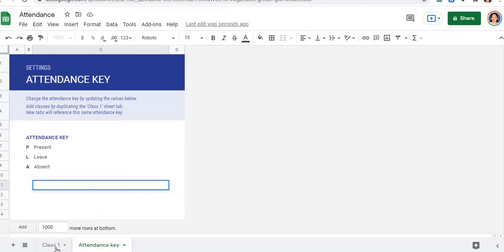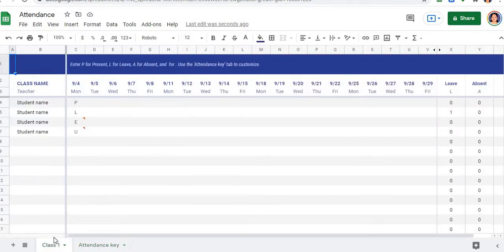The next thing that you see is something referred to as class 1. So this would be the first page of our attendance sheet. Now this class 1 can be changed into the different subjects the teachers handle in our class. You just double click it, so you can rename this into subjects. Let this be English.